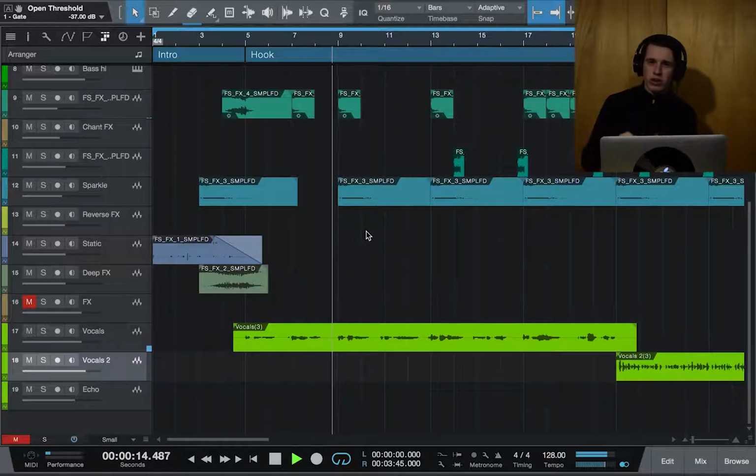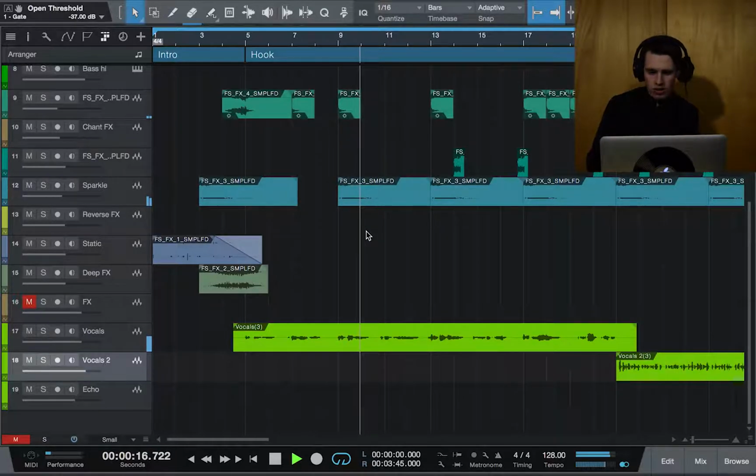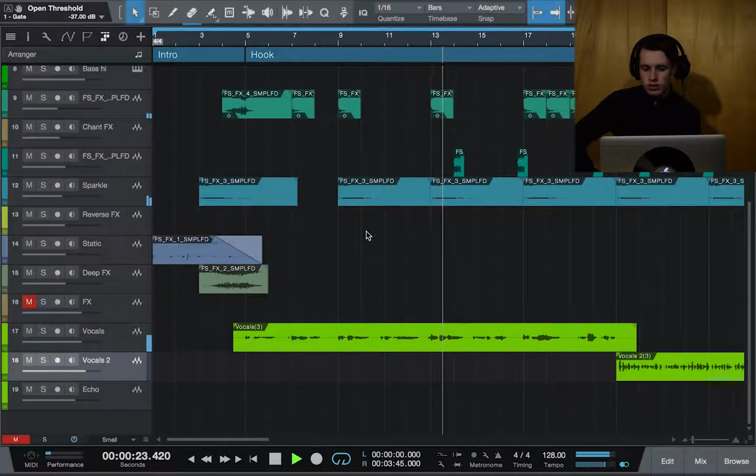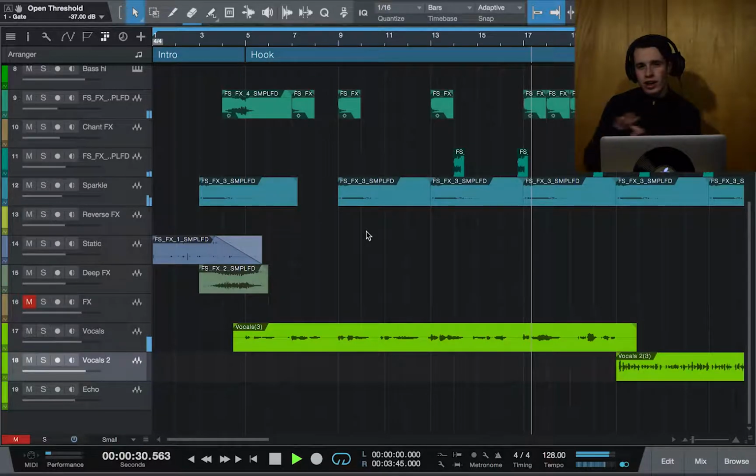So I went for a sort of laid back sound in the very beginning. The hook, which comes in later too, sort of more calm, leading up to